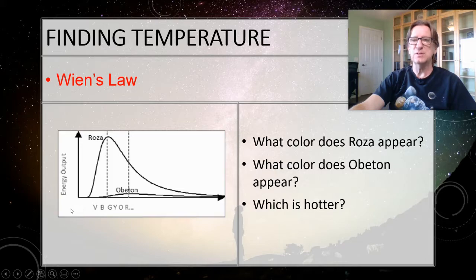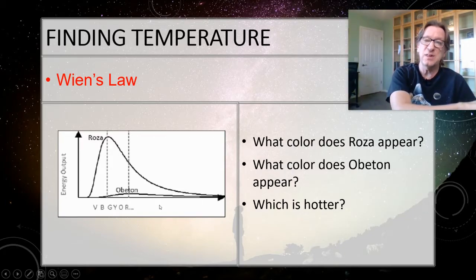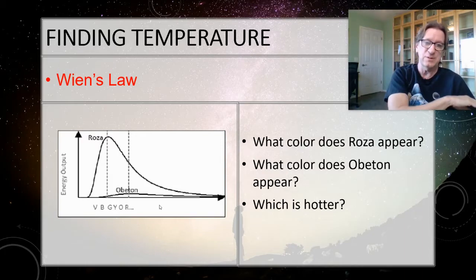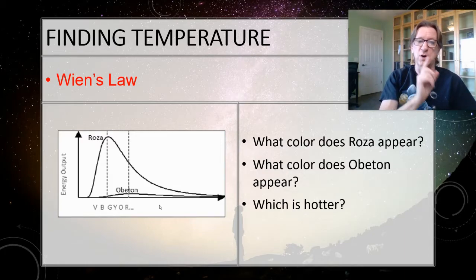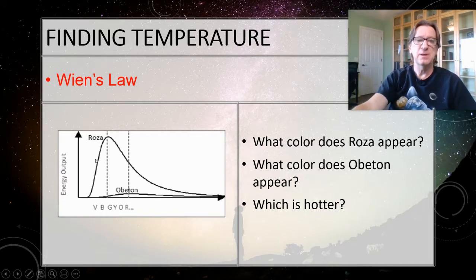So the short wavelengths in this particular case we're drawing down here. The longer wavelengths we're drawing here. Get used to that. You've got to be able to see it in both directions. I should be able to have the long wavelengths on this side, or I can have the short wavelengths on this side. Don't get confused, but always read the scale down at the bottom so you know where we're at. So what color does Rosa appear? Does it appear reddish or does it appear bluish? Pause the video and go ahead and figure that out.